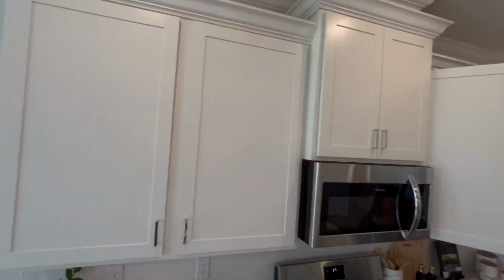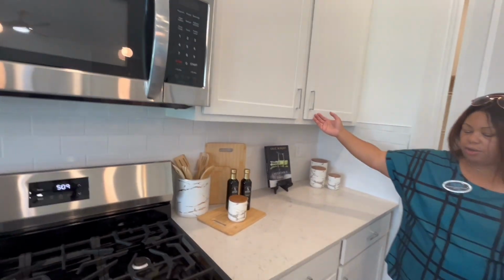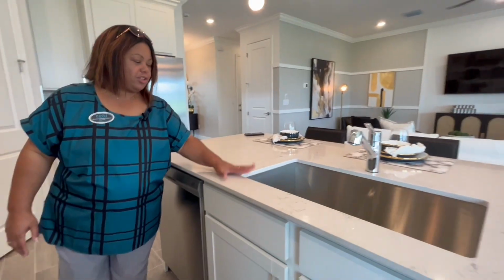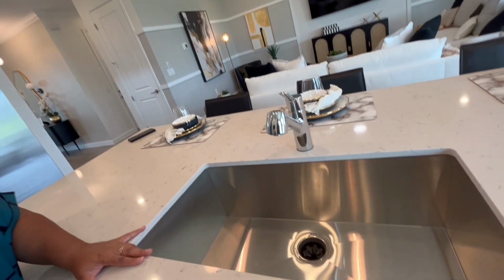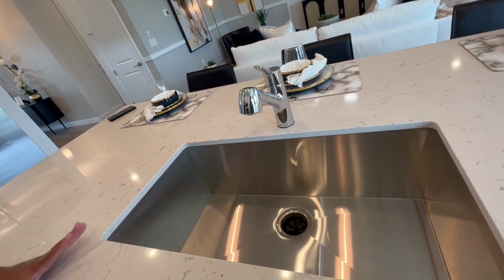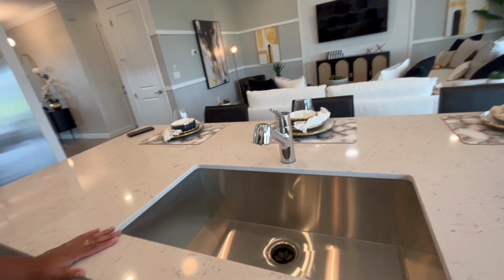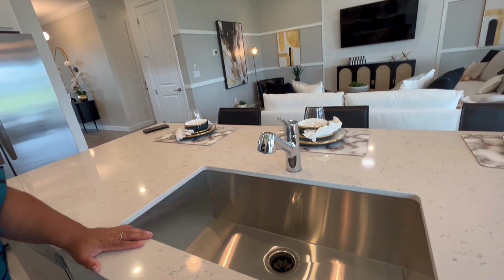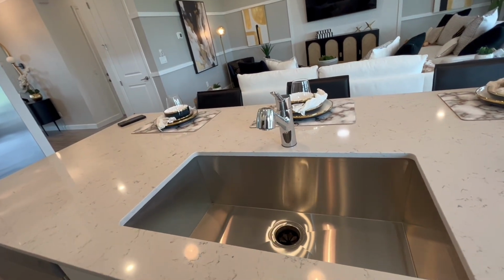Very spacious cabinets, plenty to go around, and also soft close. We have our Frigidaire dishwasher over here. And as we're on this area, I want to just point out, here we have a very large sink, especially for those family gatherings, Thanksgiving, Christmas. You just can't go wrong with a nice, large, and deep sink here, which they did put inside here, which is absolutely a great